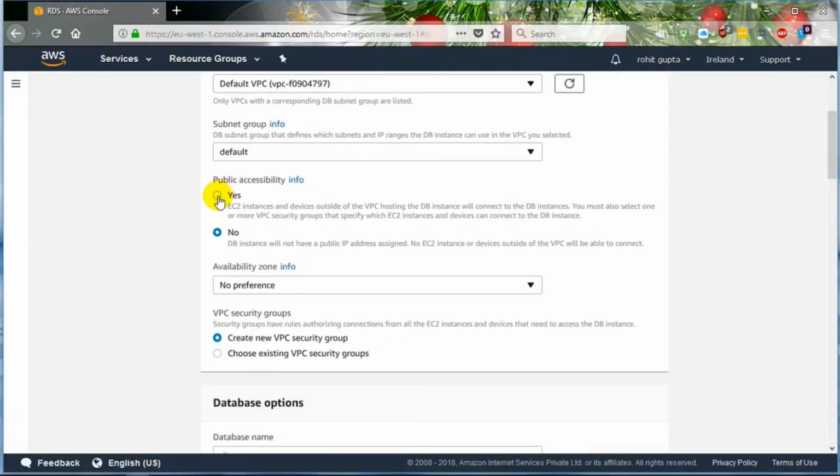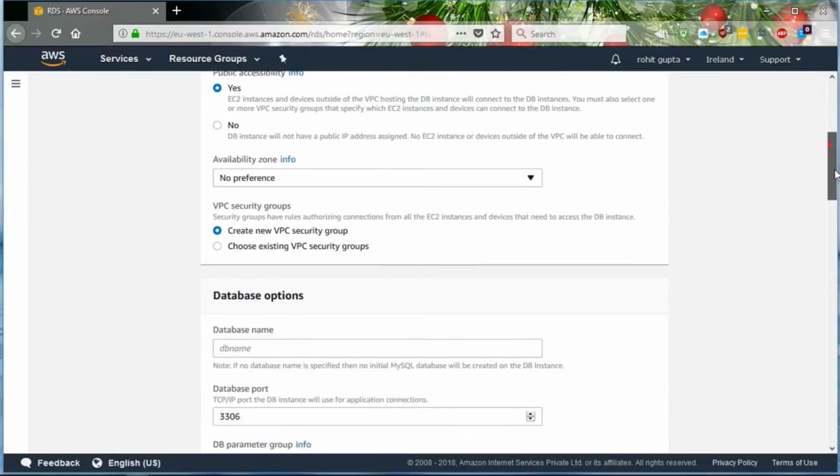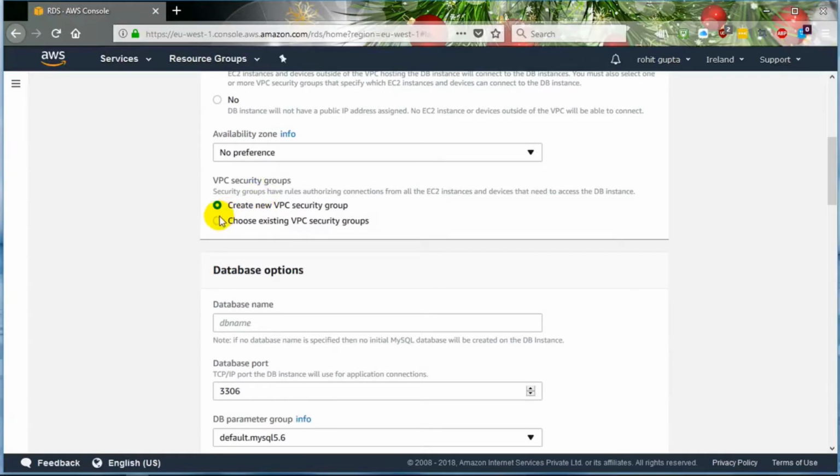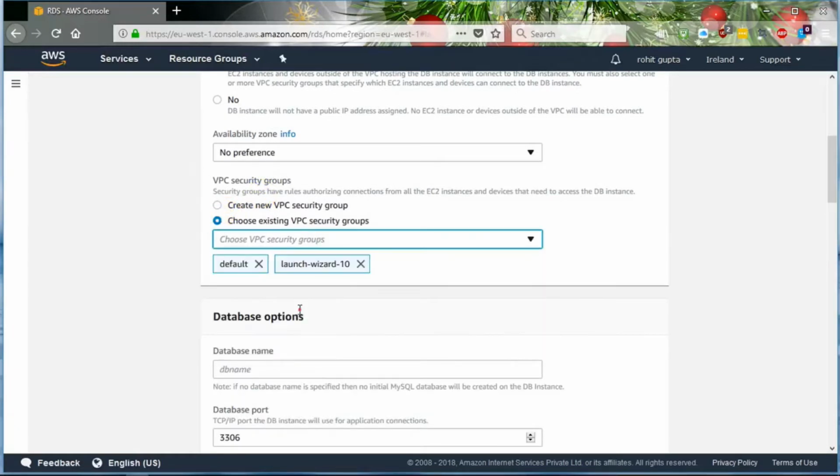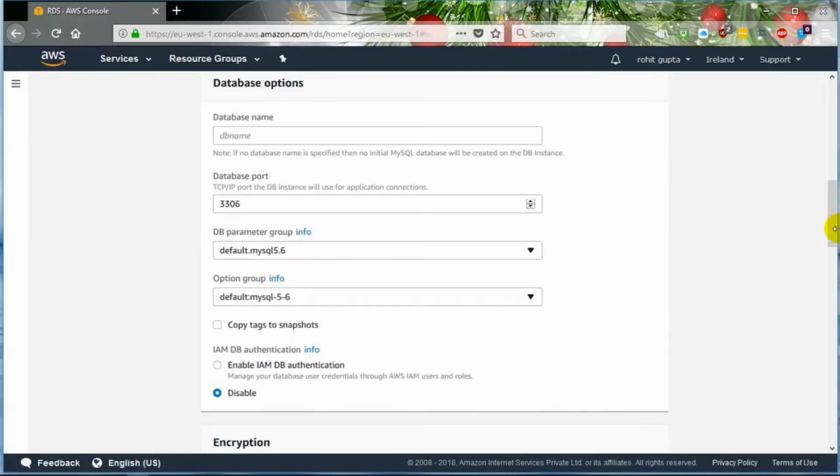Yes, I make it publicly accessible for my training purpose. Choose existing VPC. I have already a VPC configured in this region, so I choose it. Database name I have to provide, which can be something like